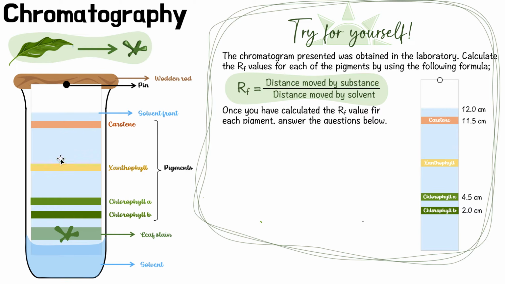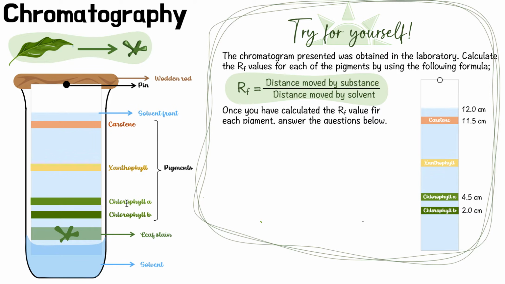So you can see here, now we let the experiment go, the water started creeping up, and a bunch of these lines were formed as the water moved up. So we can see all the pigments. You can see carotene, this pigment loves water. Loves the solvent. It was very soluble in the solvent, so it traveled very high, all the way up.